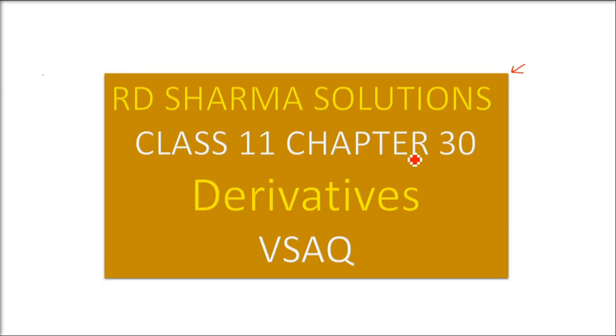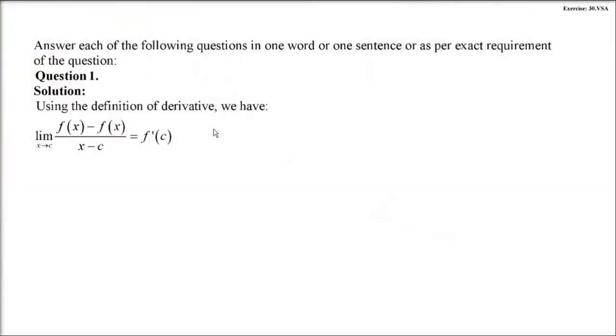This is R.D. Sharma solution, class 11, chapter 30, derivatives. This is very short answer question, VSAQ. Here we have to answer each of the following questions in one word or one sentence as per the exact requirement of the question. The first question is, write the value of limit x tends to c, f(x) minus f(c) by x